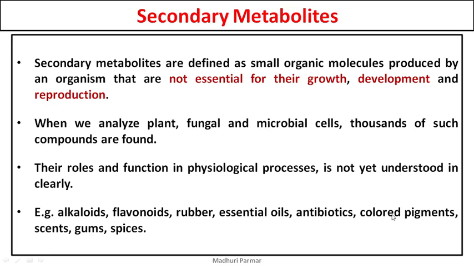Then colored pigments, like red colored beet is because of anthocyanin. Anthocyanin is a secondary metabolite. Same thing with purple cabbage or purple cauliflower. All these purple and reddish colored pigments are nothing but secondary metabolites. Then scent, as I had already told you, along with essential oils, such scents, then gum,